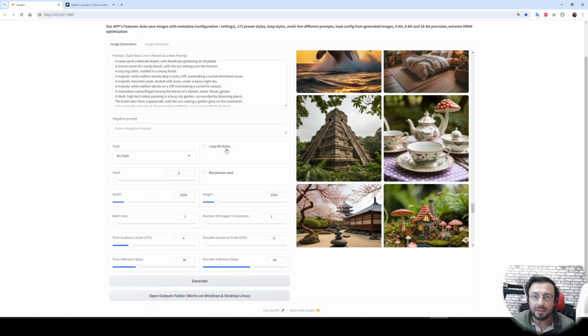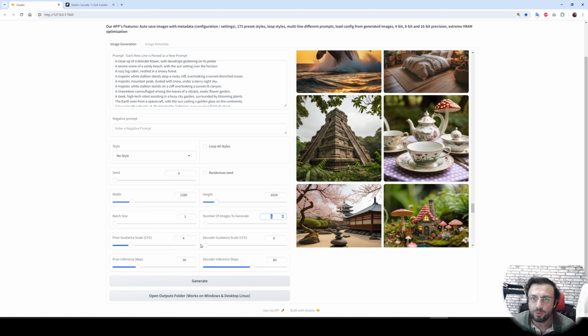This is a very necessary feature if you want to test all of the styles on your prompt and see which one is performing best. It supports randomized seed, it supports different resolutions, it supports batch size and also number of images to generate. So you can generate 100 images, 200 images with your prompts as you wish.